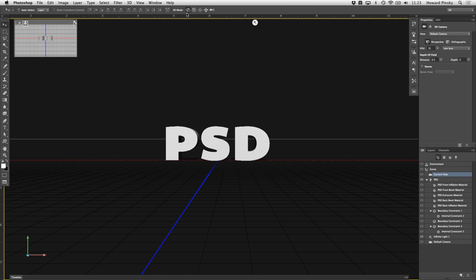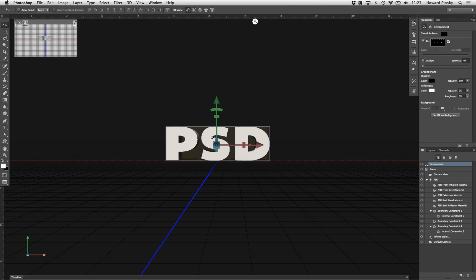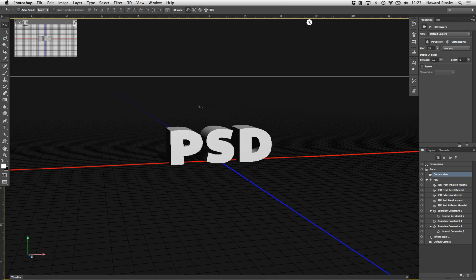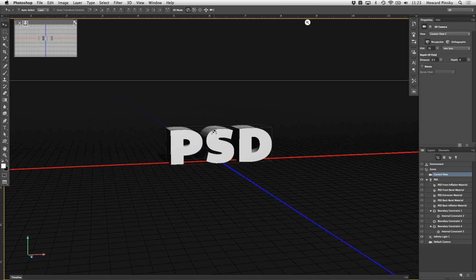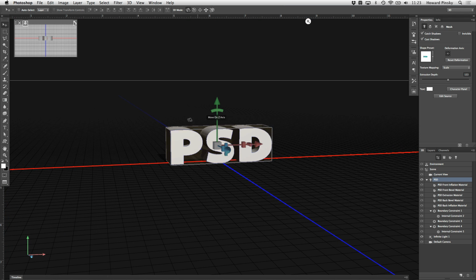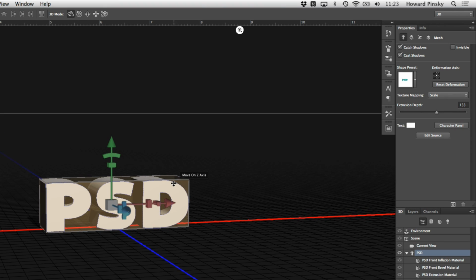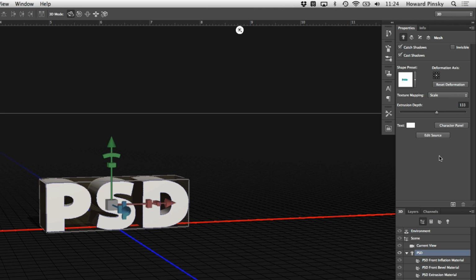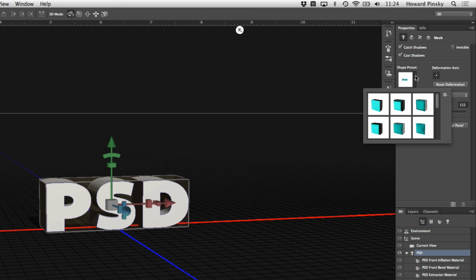I can simply click on the elements that I want modified, and right from within the workspace, I can move, rotate, or scale. As this video is focused on the text, let's click on the 3D text to select it. When a 3D layer is active, you're going to notice some helpful options within your Properties panel. If you don't see the Properties panel on your workspace, you can activate it under the Window menu at the top.